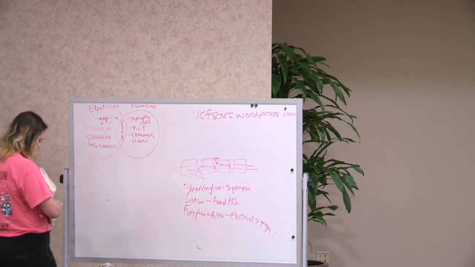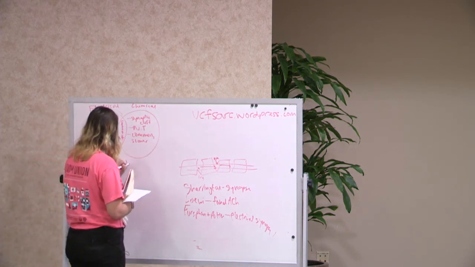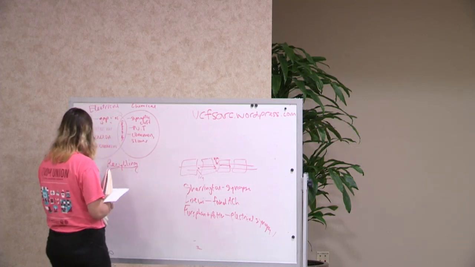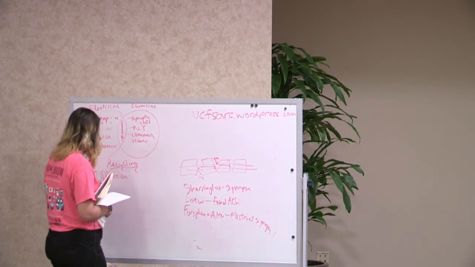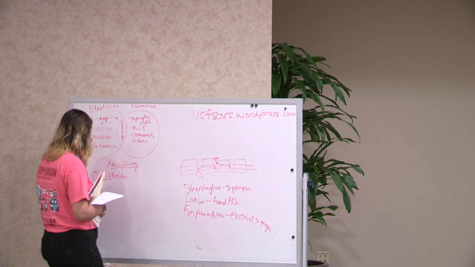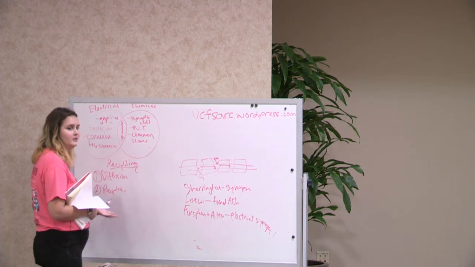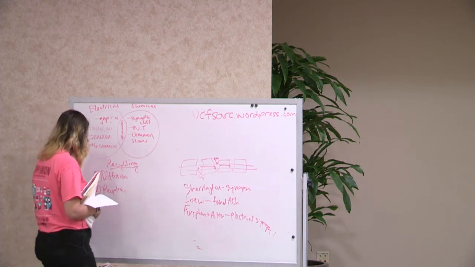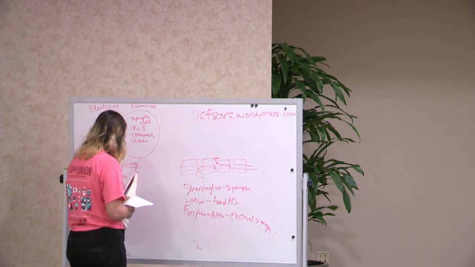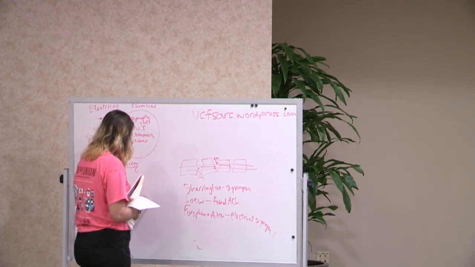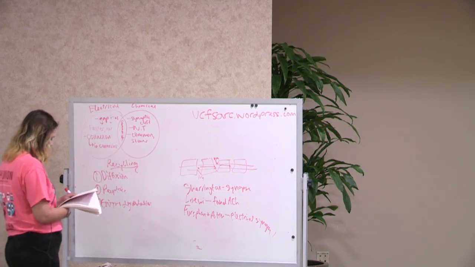Recycling. There's a couple different ways that neurotransmitters can be recycled from the synaptic cleft, because not all of them is going to find its receptor. So the first one is diffusion. It's going to just diffuse away. Second one is reuptake. The presynaptic cell is going to reuptake it. And then the third would be enzyme degradation. And that's how they're recycled. And that kind of goes hand in hand with